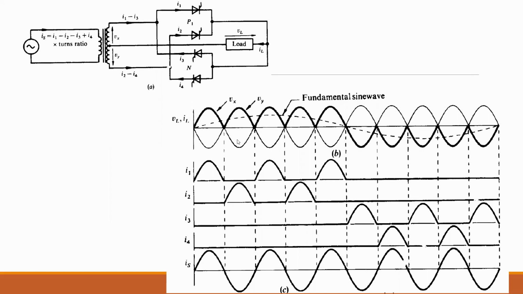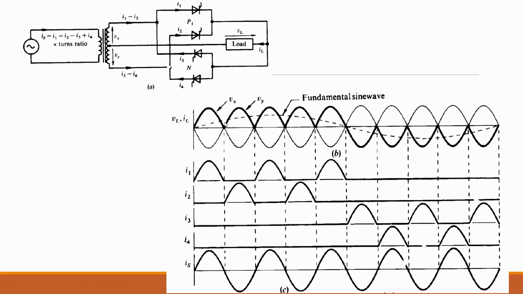Next, there are the negative cycles. We are not interested in that over here, but at the same time the positive cycle of Vy also comes over here. With the positive cycle of Vy, thyristor T2 is also connected, so we have to turn on thyristor T2. When thyristor T2 turns on, the output of the positive cycle is absorbed at the load side. Then again the positive cycle of Vx arrives, so we turn on thyristor T1 again, then thyristor T2 again, then thyristor T1 again.